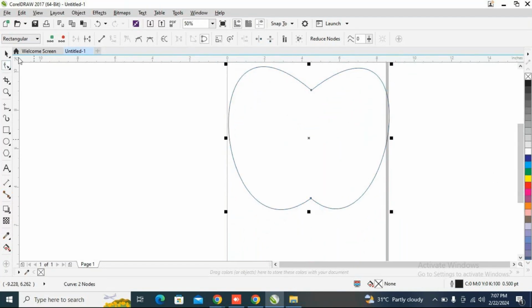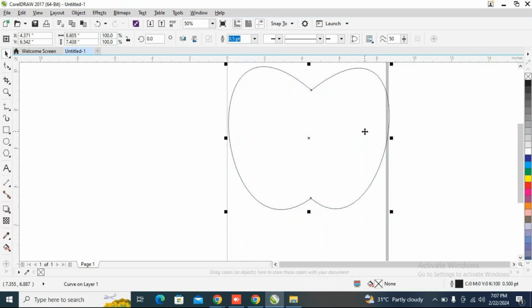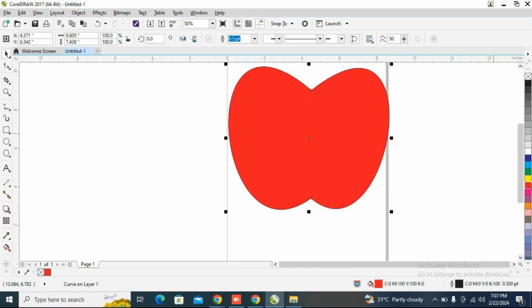And now after creating into this, you can just add a color and remove the filling. And now what you need to do is, here in interactive fill, if you left click,